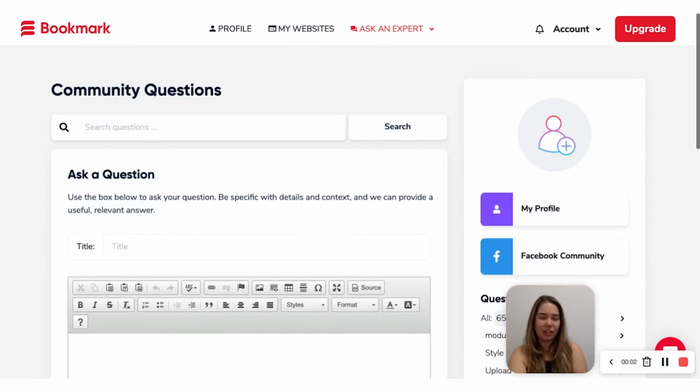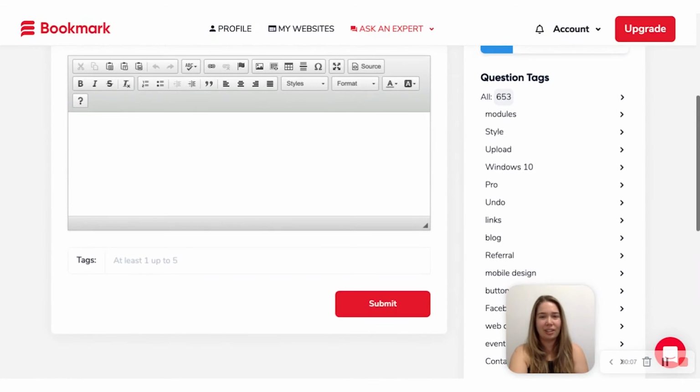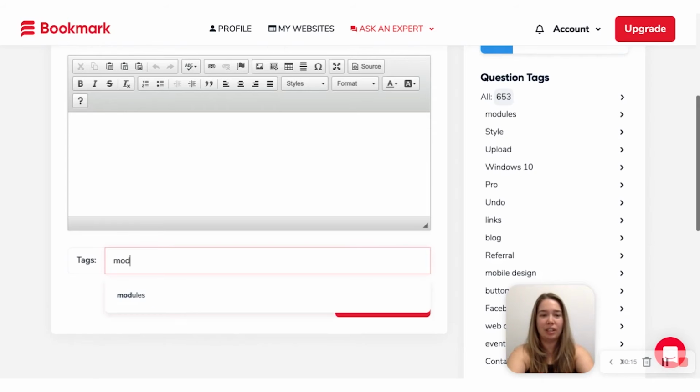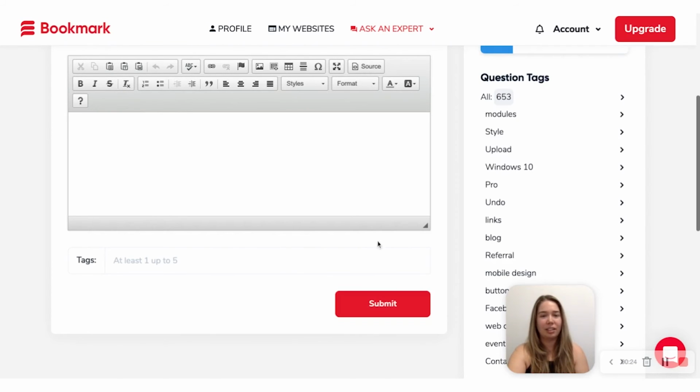When asking questions in our Ask an Expert section, you can add tags to your questions. So to do so, you can scroll down to this tags field and then enter up to 5 different keywords. For example, if you start typing here, you'll see a list of our most popular options. You can click that. To remove any tags, just simply click this X,